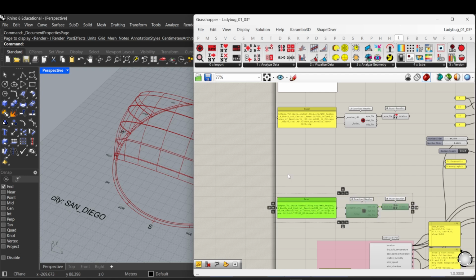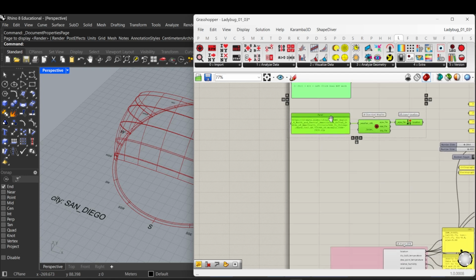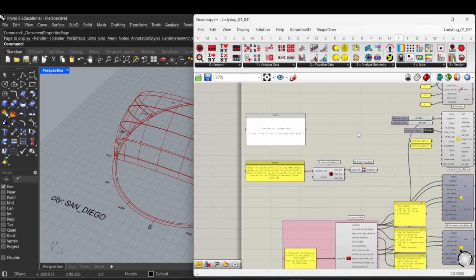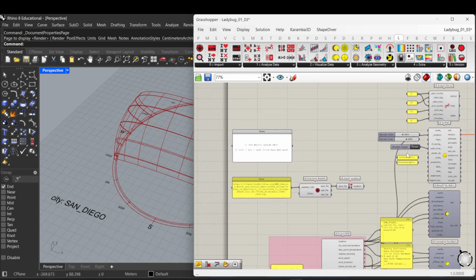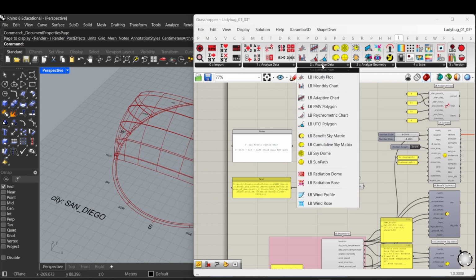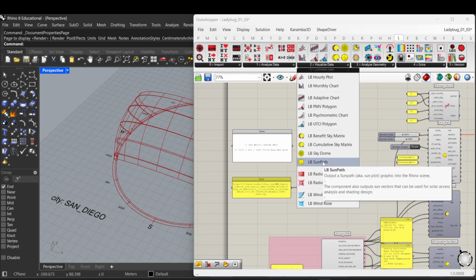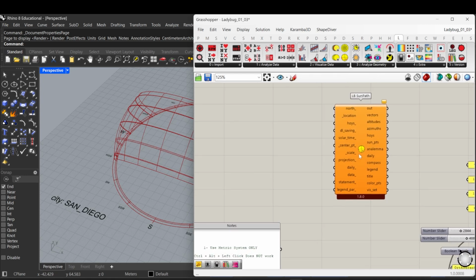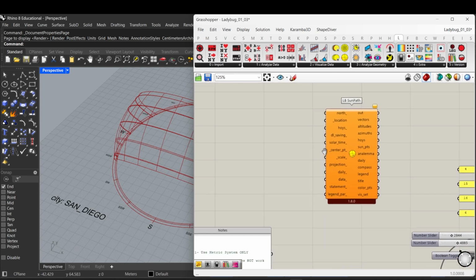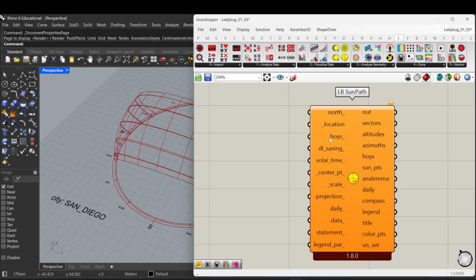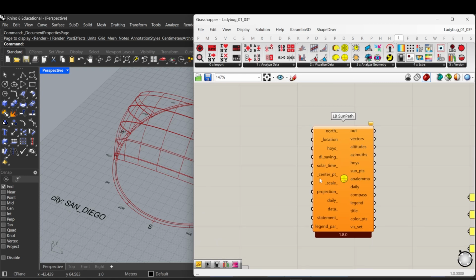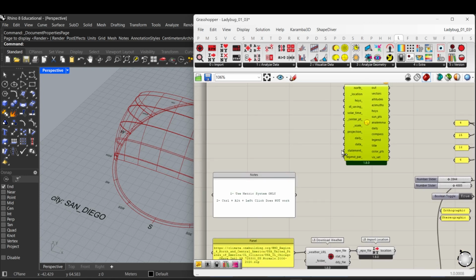Anyway, let's jump into our work. I'm going to move things around a little bit just to show you what we would like to work on. First of all, I would like to show you the sun path analysis. You have to go to tab number 2 under Ladybug, Visualize Data. It's Ladybug Sun Path. So grab the Ladybug Sun Path, drag it down, and start using it. There is only one piece of necessary data that you have to plug into